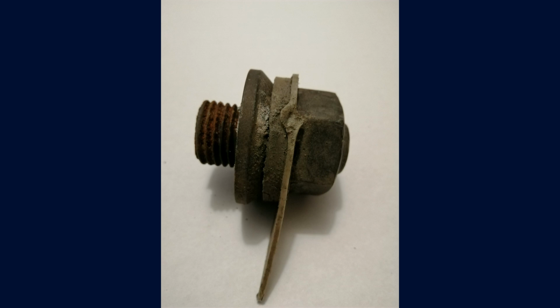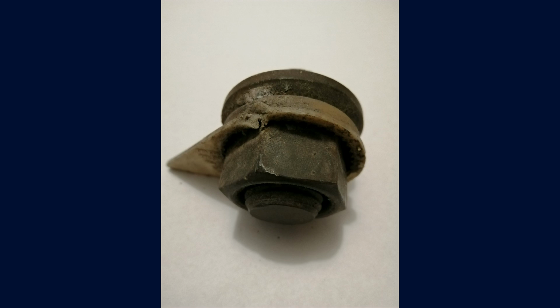Regular inspections of these components are crucial to avoid more severe damage and ensure safety for both the driver and other road users. In this video, we show you what the damage looks like and what consequences may arise from